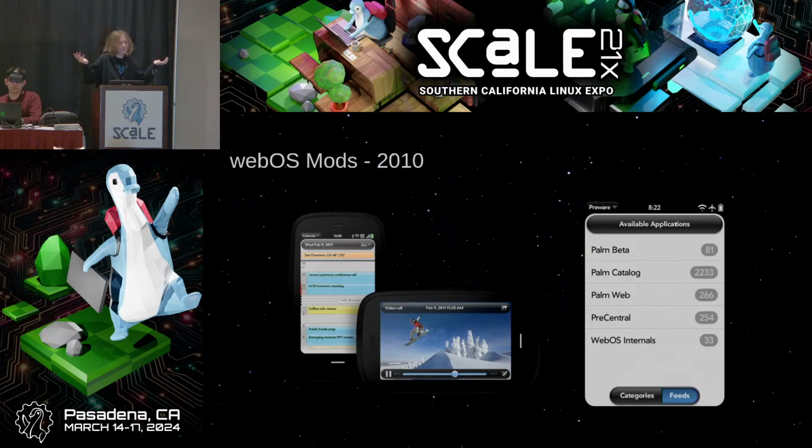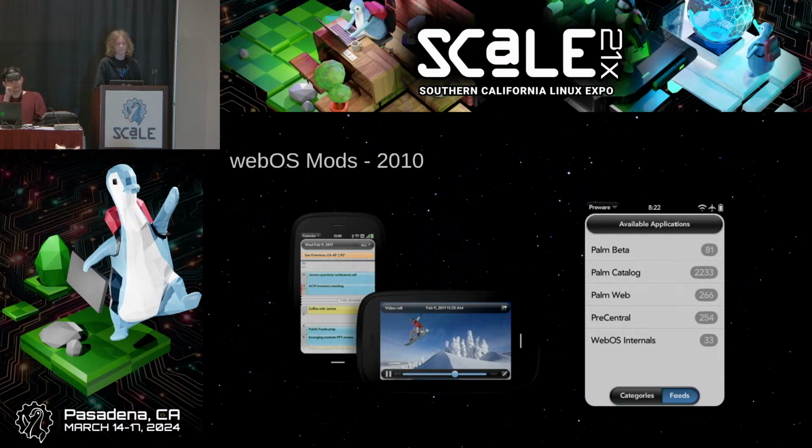So open source allows you to actually make things work for you, and that's what I learned all the way back in 2010. Well, I was 9, I think it was. So yeah, I was 9 years old when all of this happened. And so this was one of my first experiences.